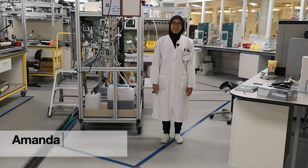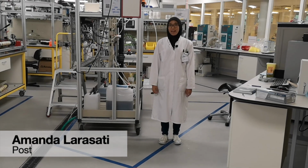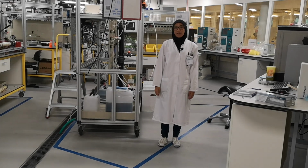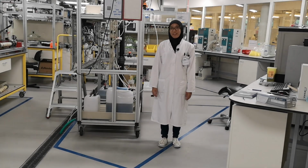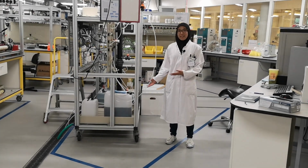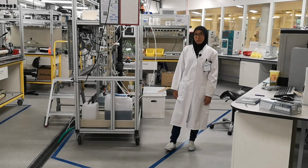Hello, I'm Amanda. I'm from Indonesia and I'm a first year postdoc at Wetsus. Currently I'm working with biological oxygen dosed activated carbon with two other PhD students, Sarah and Olga. This biological oxygen dosed activated carbon is used to remove micropollutants and also to produce ultra-pure water, which will be